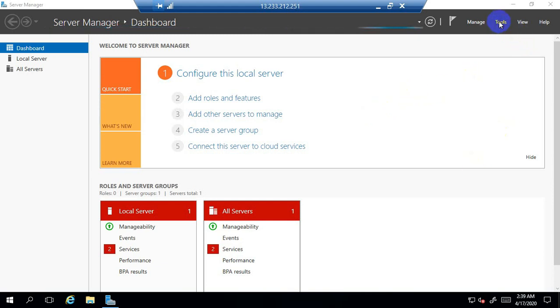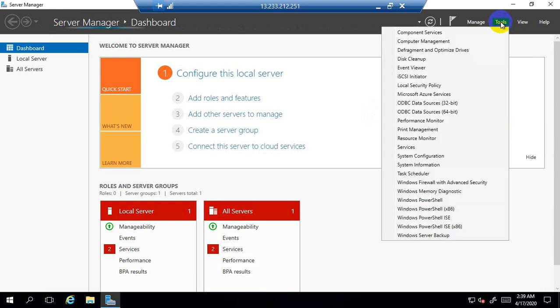So if you want to change the password, you can go to the tools, because whatever the password, it was generated with the help of the key pair. It was a very complicated password and it is not easy to remember.